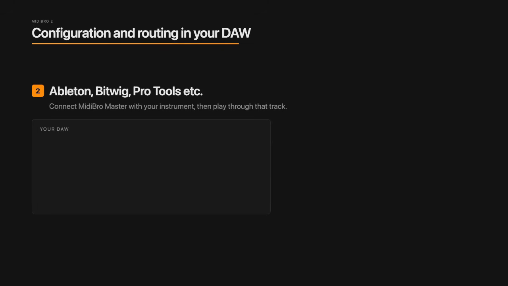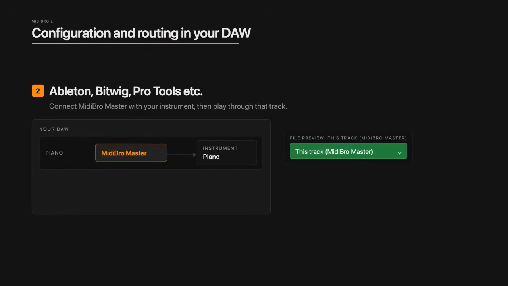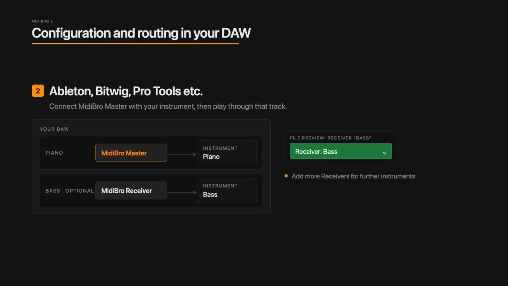Second one, in DAWs like Ableton, Bitwig and so on, connect your MidiBro Master plugin with your instrument track and then play through that track. That means add it to your lane and connect it to your instrument and choose this track in the File Preview. If you want to play sounds through other tracks and instruments, add the MidiBro Receiver plugin optionally and choose this in the file preview,